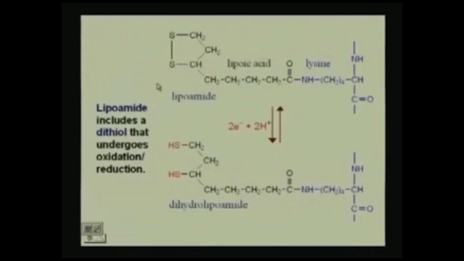Okay. In the second part, we actually have a lipoic acid that is linked to lysine in the enzyme E2, and here we have a certain reaction which is going to get into the reduction of this disulfide, the vicinal disulfide here, where we have an SH that is going to be dihydrolipoamide. Okay. Now, the reason why we are going through this is because we have to understand how acetyl-CoA is